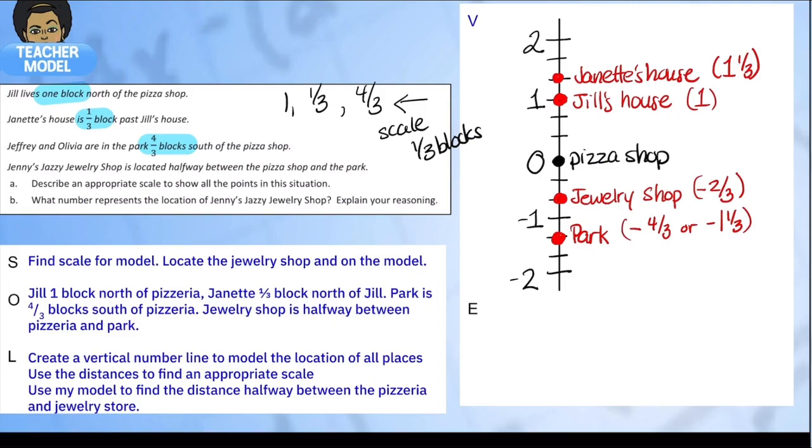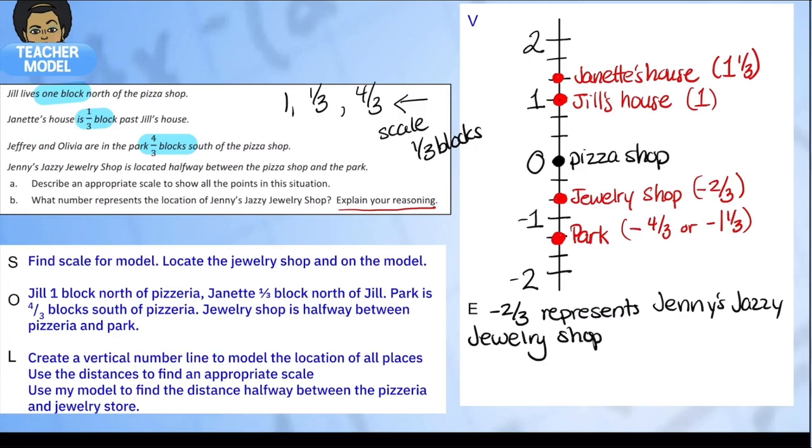So we have all our destinations listed here. Now we can go to the E part and make sure we're really answering that question and explaining our reasoning since they asked for that. Let's change it to blue. What number represents Jenny Jazz's jewelry shop? -2/3 represents Jenny Jazzy jewelry shop,